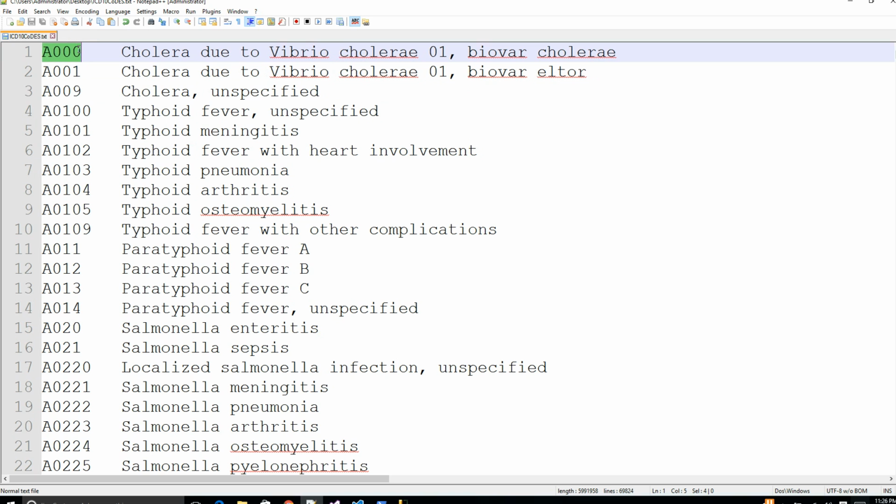This one is the code we just care about, and this is the second piece of information in the given line. We could use the space here to split,